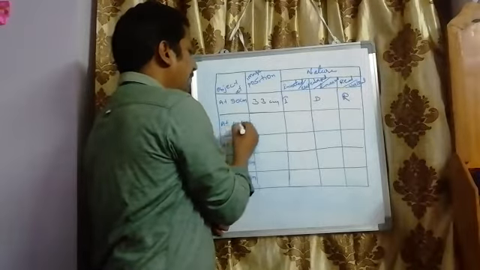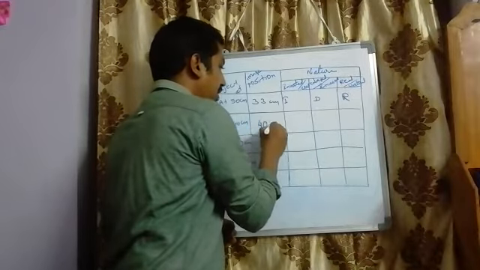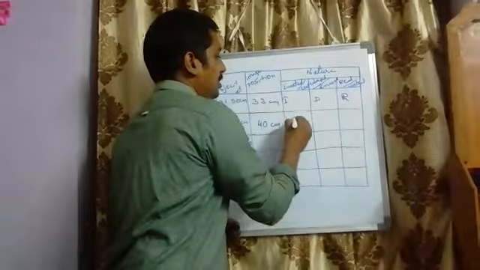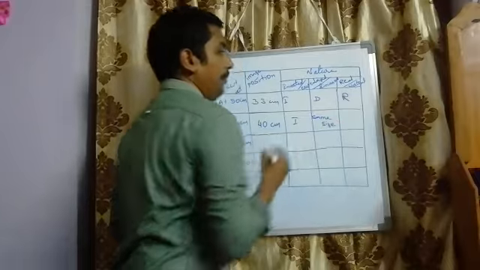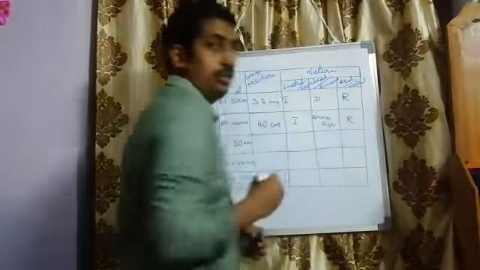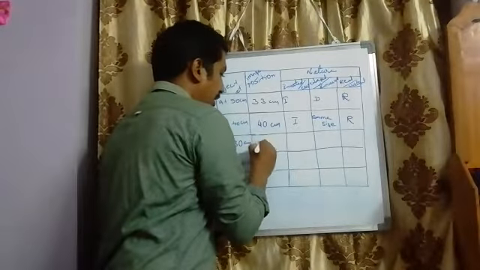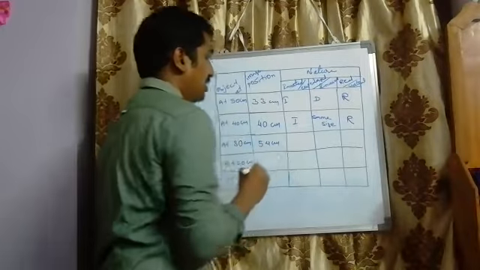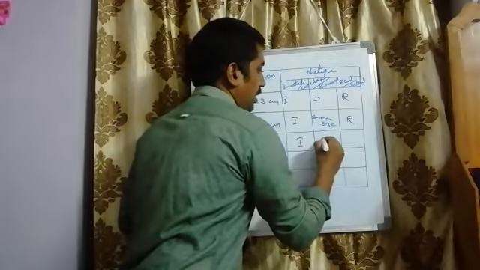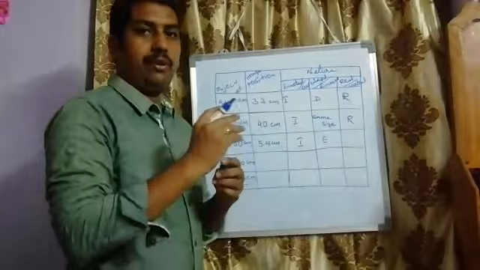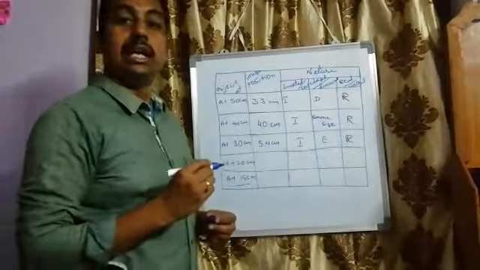And next, if it is at 40 centimeters, we found image also at 40 centimeters only. Of course it was inverted, but it was of same size and it was real image. When the object is placed at 30 centimeters, we found approximately 54 centimeters as image distance, and it was inverted image and it was enlarged image. We found a big size image and it was forming on the screen, nothing but a real image.